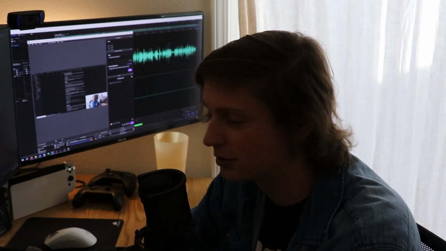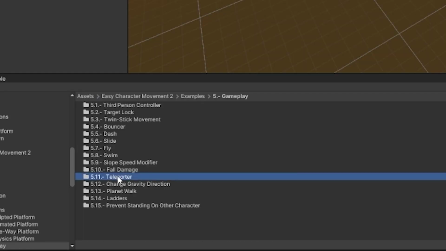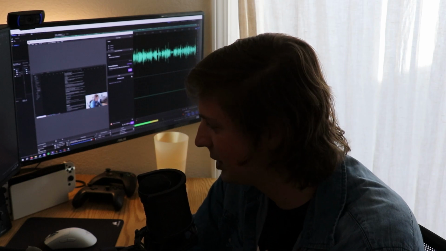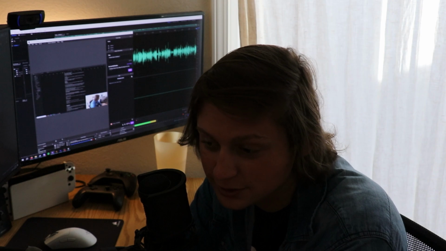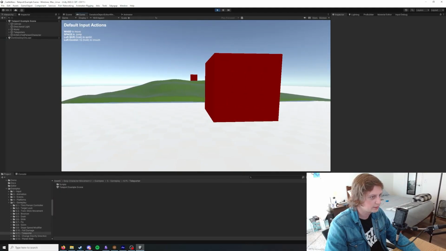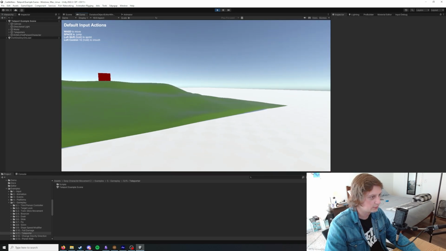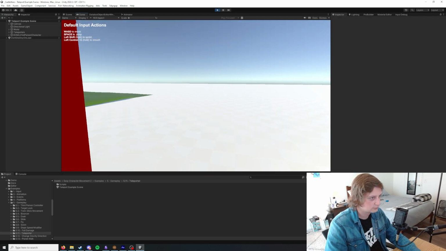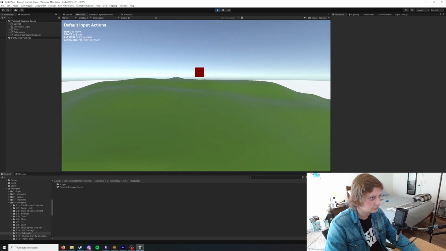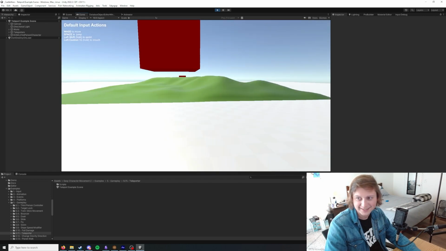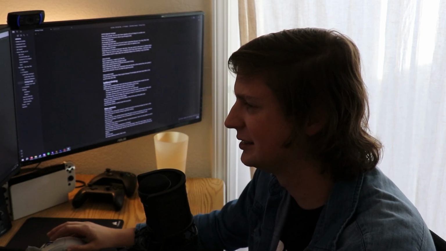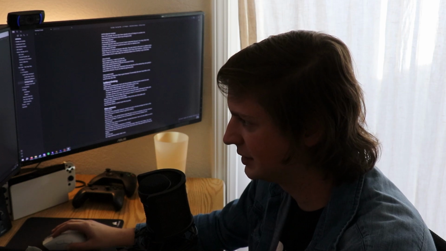Okay, so next is teleporters, and what would you guess? There's an example for it. I haven't been intentionally doing promotion for this Easy Character Movement 2 package, but it's really good. I've been using it for a while, and if they wanted to sponsor me, I wouldn't say no. Okay, so here's that example scene, and you can see that we have two little red boxes, and if we... Oh, the example just doesn't work. Okay, well, regardless, I based this off of the example in a previous version of Easy Character Movement 2, so